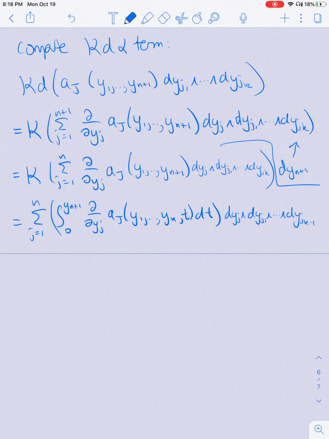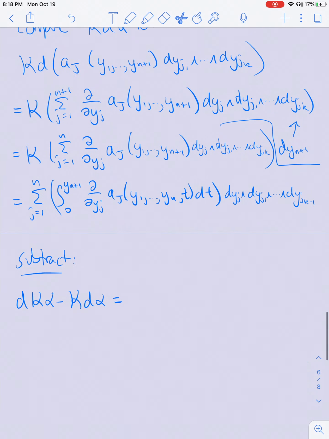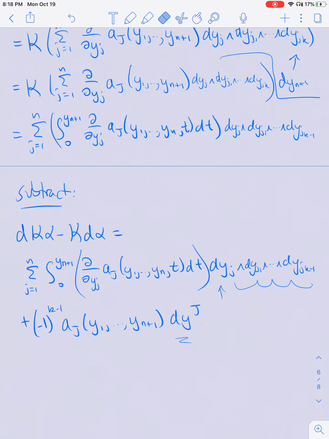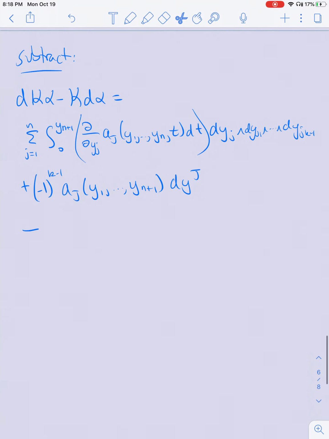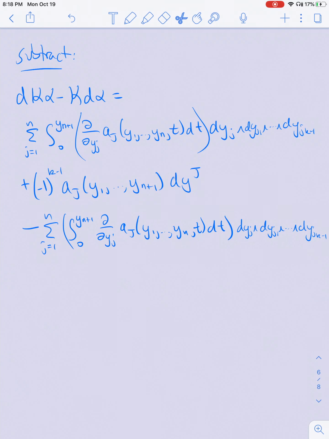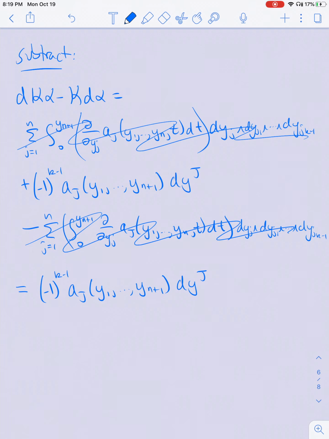Okay, so now let's subtract these two terms. So dk alpha minus k d alpha is equal to this thing minus this thing here. And the first thing to notice is that I see a bunch of terms which are just going to cancel each other out. In fact, all of this is going to be canceled by all of this. So what I end up getting is just the (-1)^(k-1) times a_j of y_1 through y_{n+1} times dy_j,